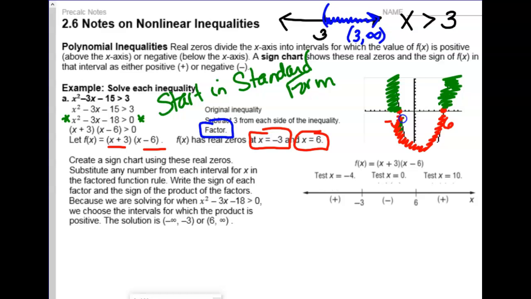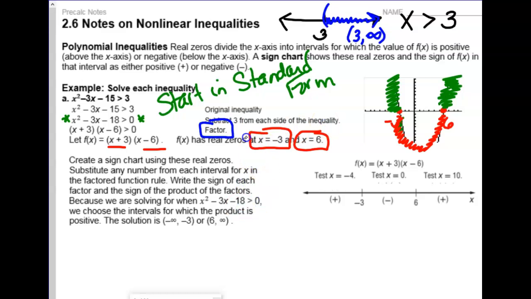What they have right down here, this is what they're referring to as a sign chart. And then you're going to see in your textbook they do a lot of what's called testing. They're assuming that when you do this question, that you A, have no knowledge of what the graph looks like whatsoever, which I think is kind of lame, because I think you all know what quadratics look like. And B, they're assuming that you don't have access to a graphing utility